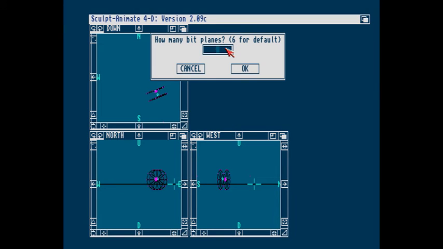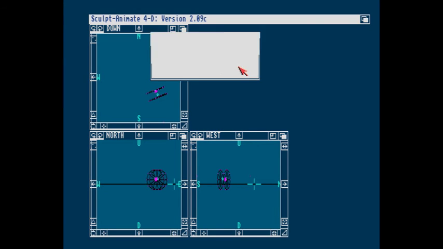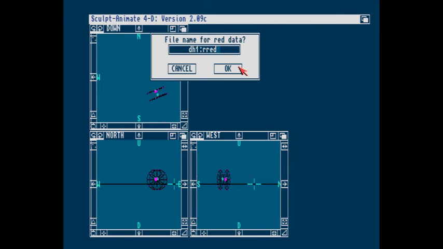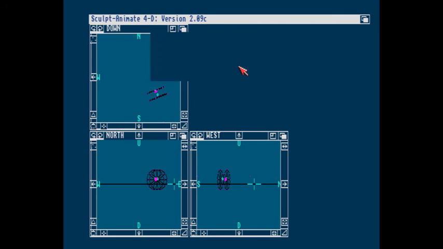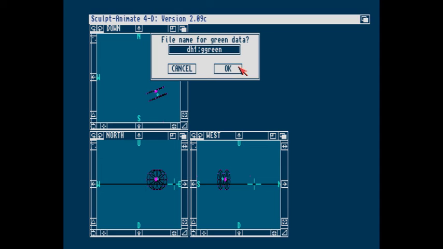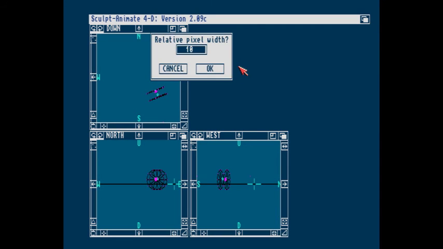Here, how to generate 24 bytes, 16 millions of colors. You choose mode, you put 24, and then you have another question to answer. You have to give a name for the red value. You can give the name you want. Here, red, green, blue, okay, I will find them.